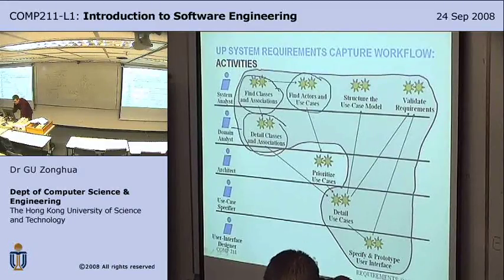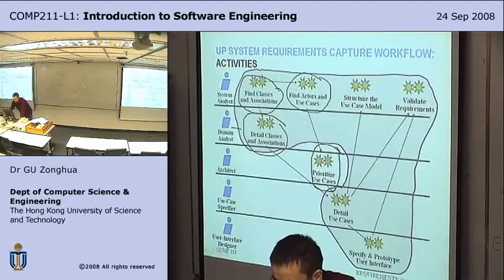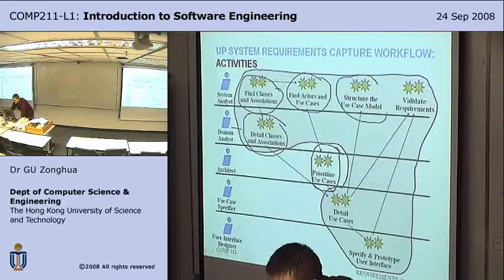And architect prioritize the use cases, which we don't do in this course because our use cases are very few. We don't have to prioritize them. But in the real world, when you have many use cases, you need to pick out the important ones, and structure the use case model, put them into packages, and the use case specifier designs the detailed use cases,